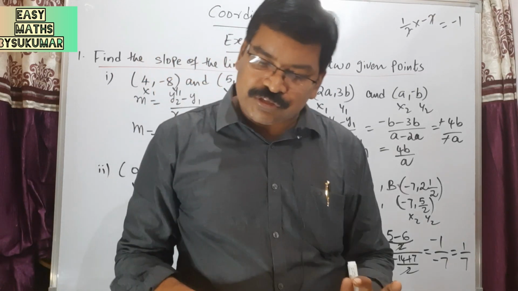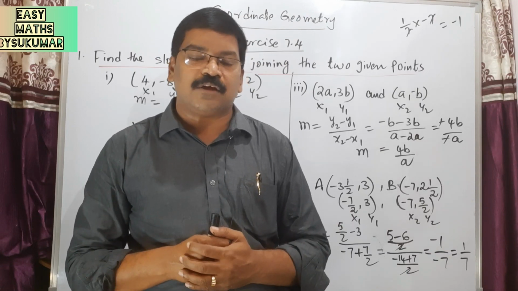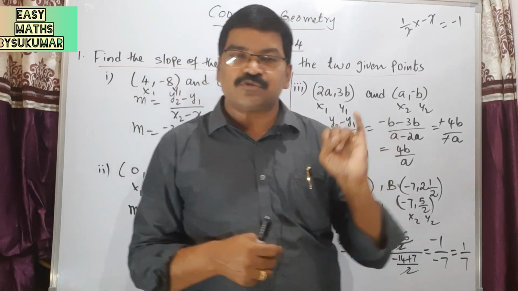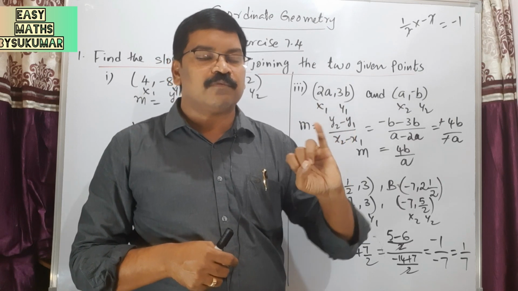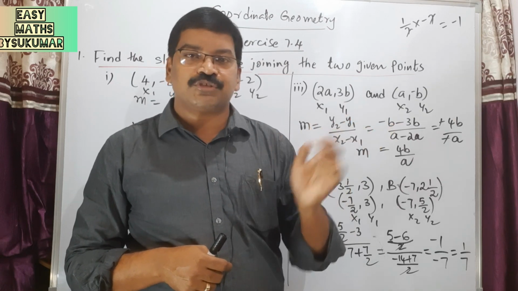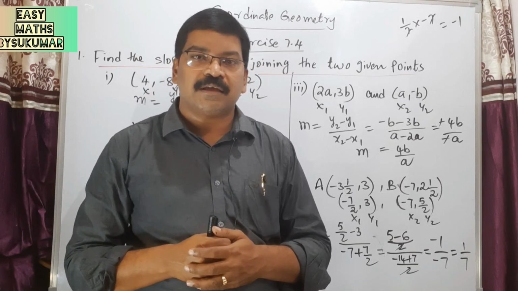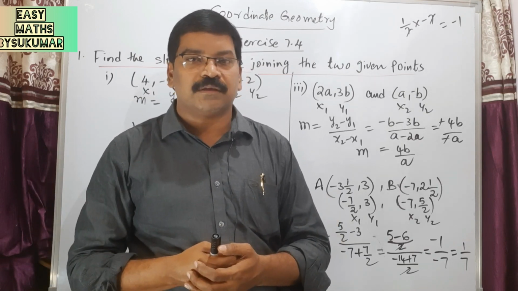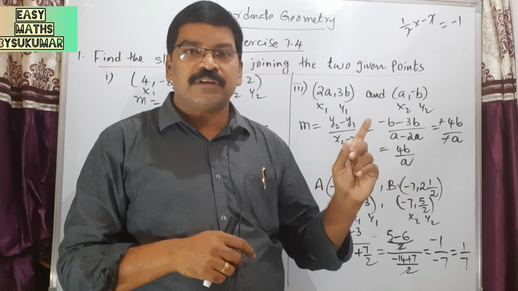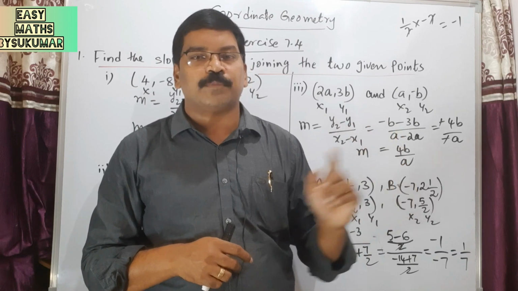Right. So my dear students, this is the end of this topic, slope of a straight line. I hope you understand this topic. Let me revise what we have learned in this video. The first one is slope. Before that we have learned inclination or steepness, that is denoted by theta. So m is equal to tangent of theta is defined as slope. Okay. And another point is the slope joining the two points x1 y1 and x2 y2 is m equal to y2 minus y1 by x2 minus x1.